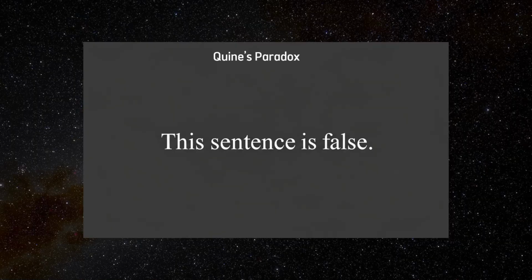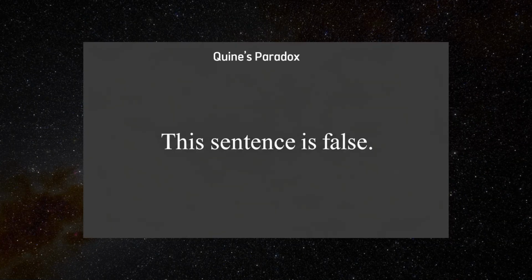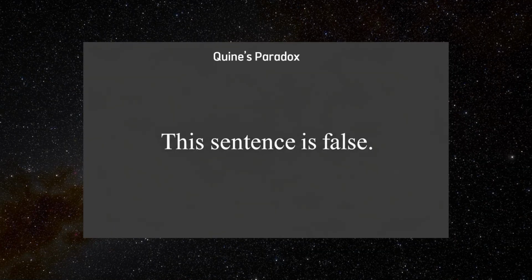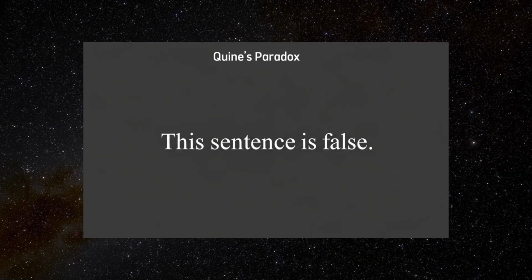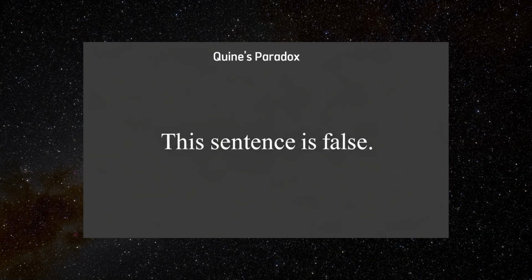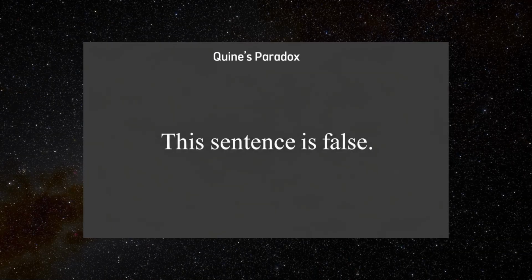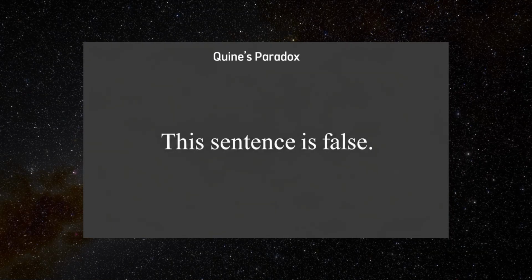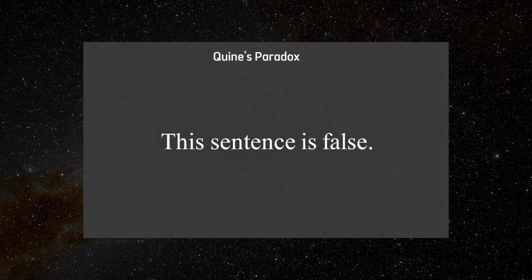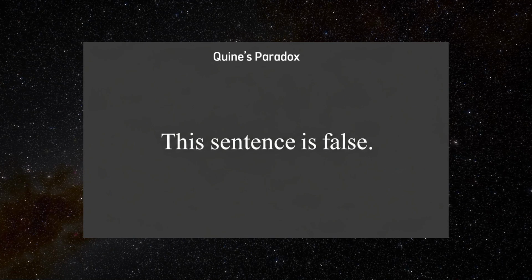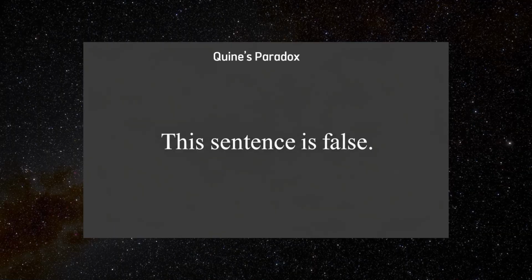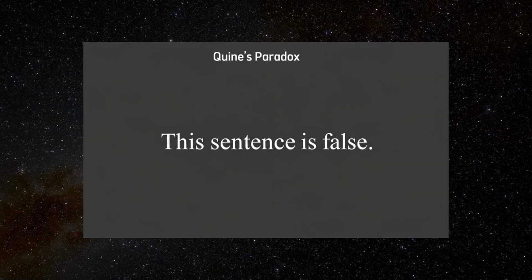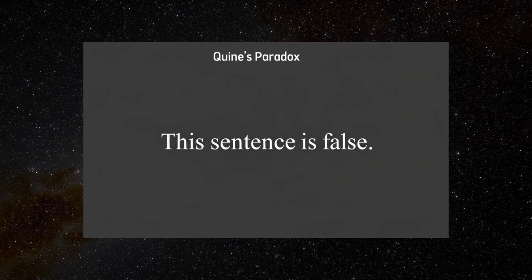But what makes Quine's paradox unique is that it achieves this result without using any direct self-reference or indexicals like "this sentence." Instead, it uses clever syntactic structure to simulate self-reference through quotation and concatenation. This paradox is significant because it challenges our understanding of how language refers to itself, and how truth can be attributed to sentences that mention themselves only indirectly. It underscores the complexities that arise when we try to formalize the semantics of natural language, especially when that language is capable of talking about its own components.